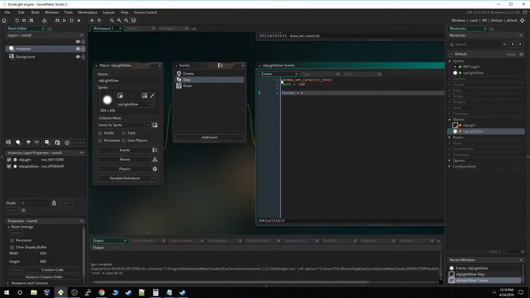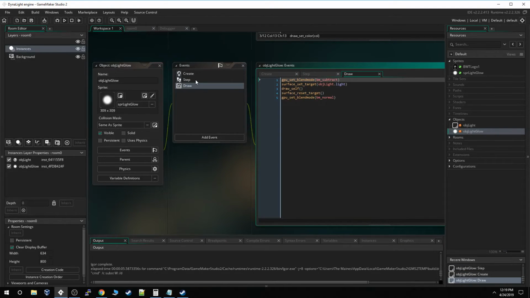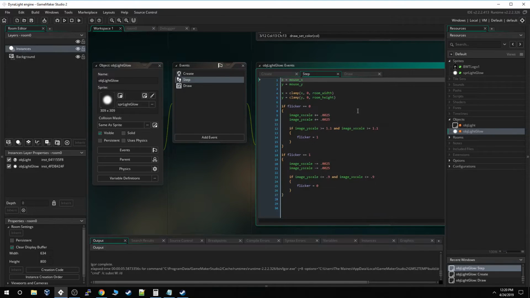What I do is I turn off the cursor so you don't see the arrow. That's going to be something that you'll want to figure out on your own for whatever game you're doing. And I have this value here called flicker. We can get into that in a second. This is pretty custom to what I'm doing. You don't need to do what's in the step event,